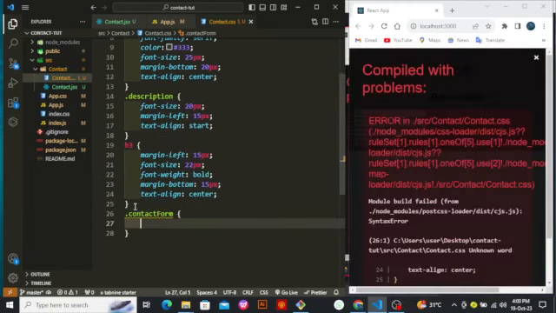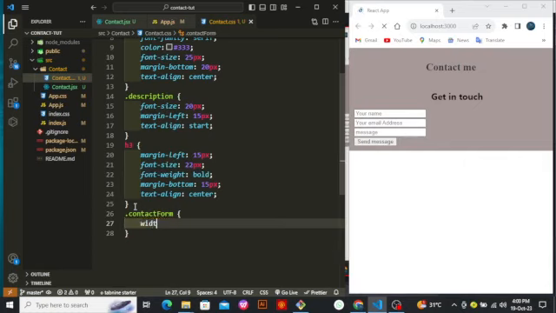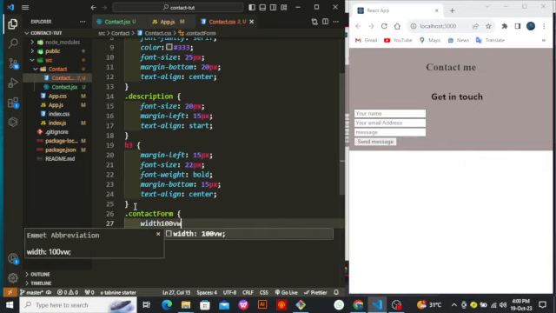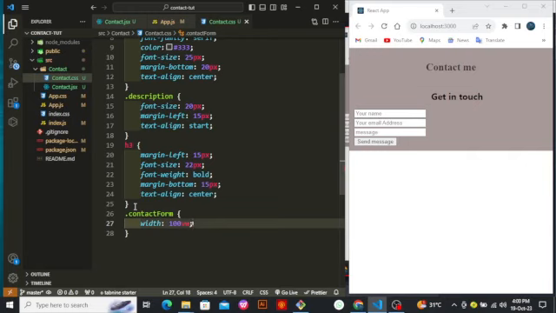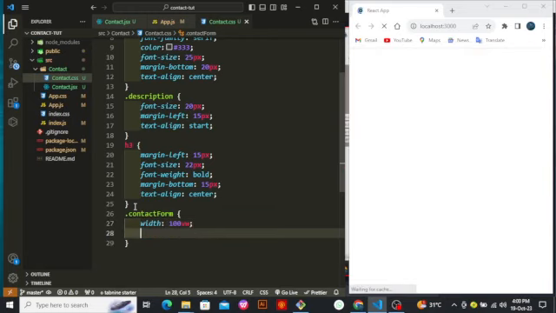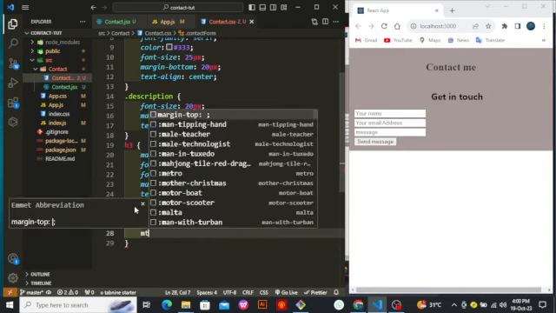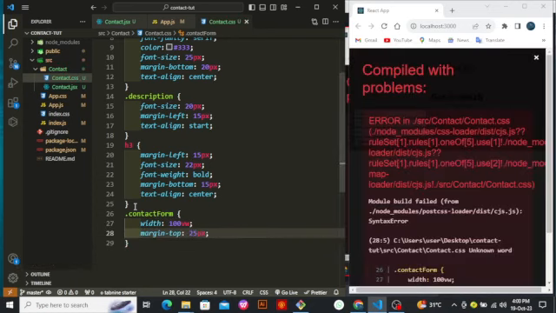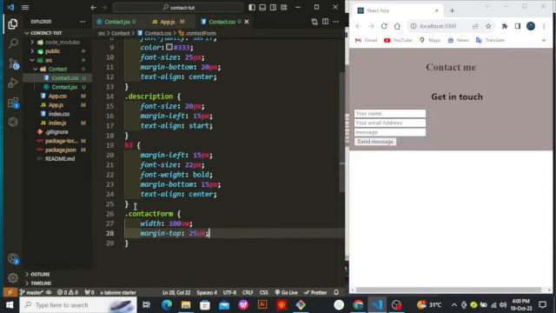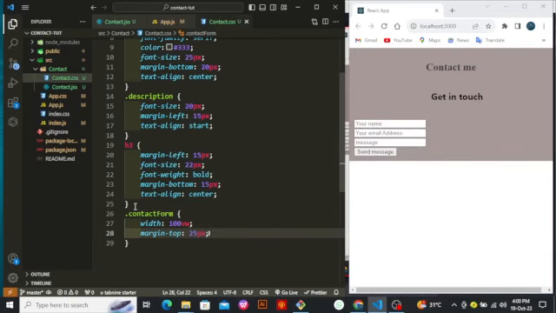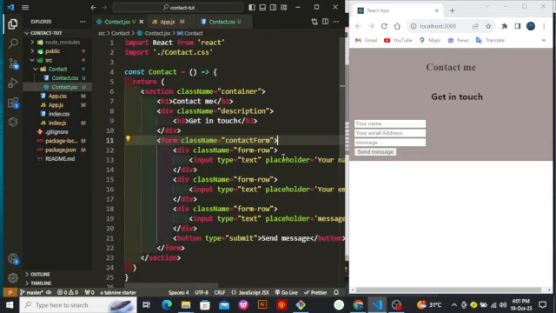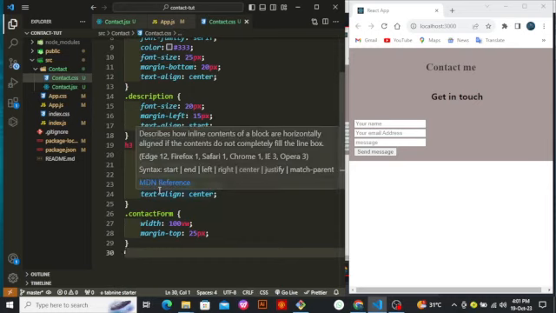So I'm going to say a width. Let's use a width of what, of 100 percent. The margin top of 25 pixel. Okay. So now our form inputs, if you look at it, we have the class name of form row. So our form row,